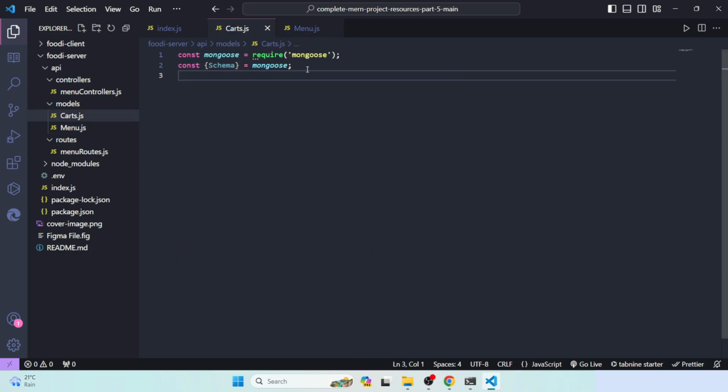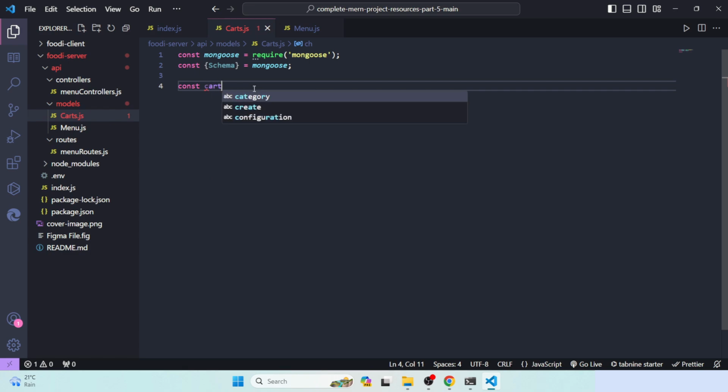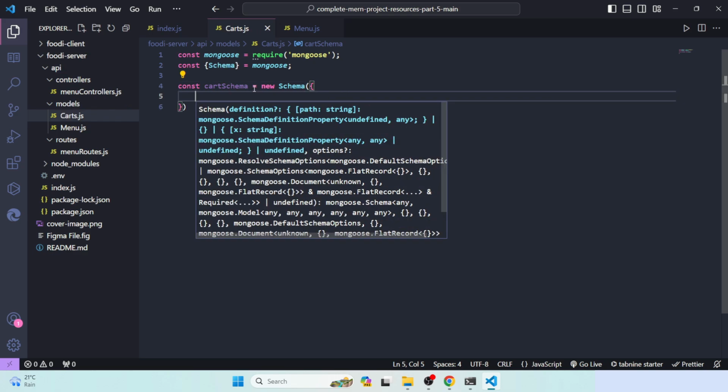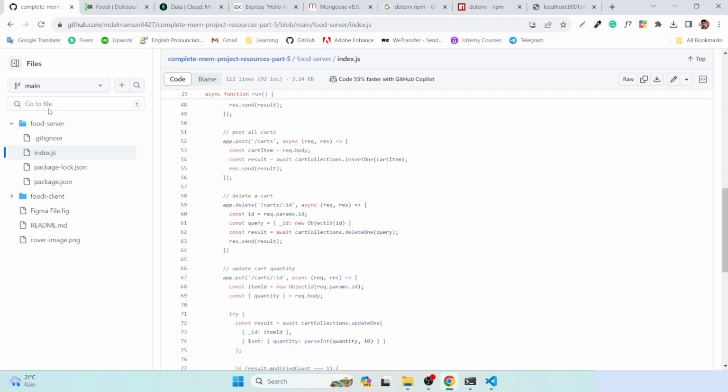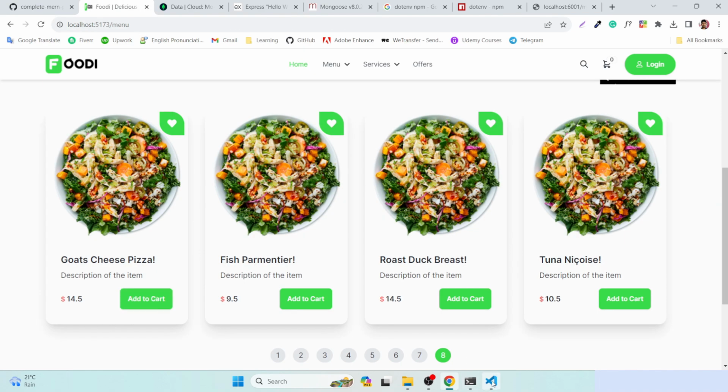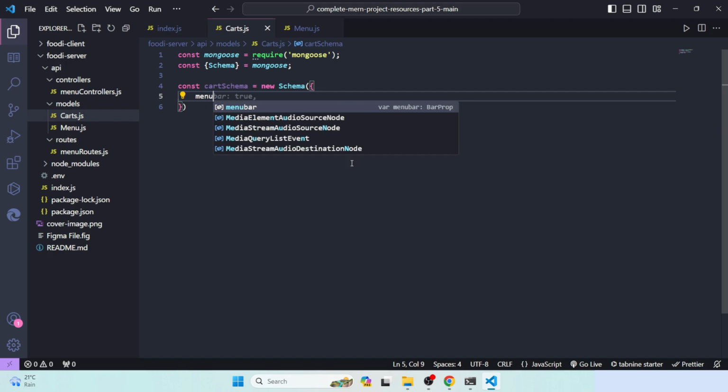import Mongoose, and then we have to destructure Schema, then we will define const cartSchema equal to new Schema, then inside this we will define parentheses. Here, what we will do actually, when we hit this add button, then we will just define a menu item